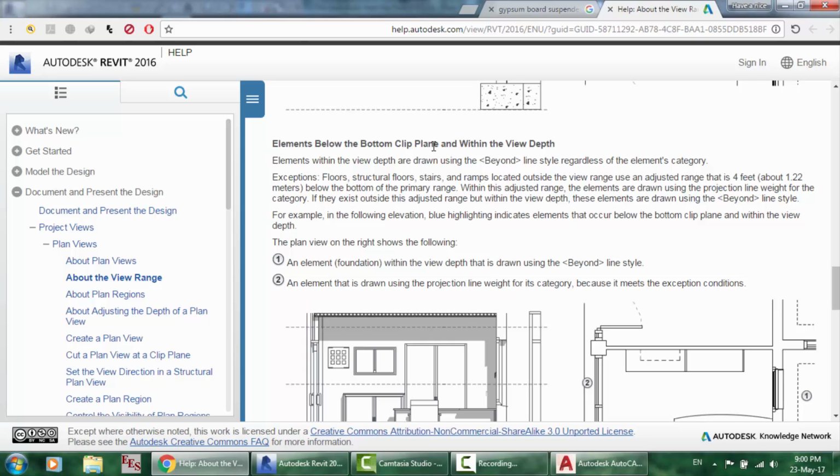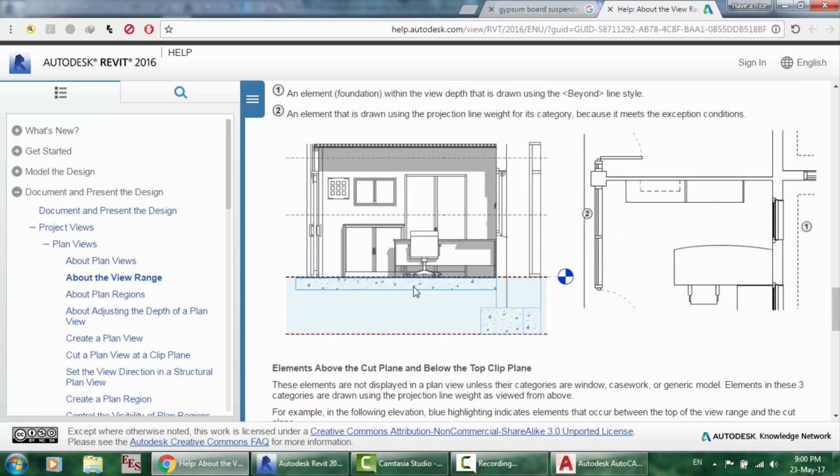Elements below the bottom clip plane and within the view depth. Elements within the view depth are drawn using the beyond line style regardless of the element's category. An element foundation within the view depth that is drawn using beyond line style, an element that is drawn using the projection of the weight for its category because it meets the exception conditions. Okay,